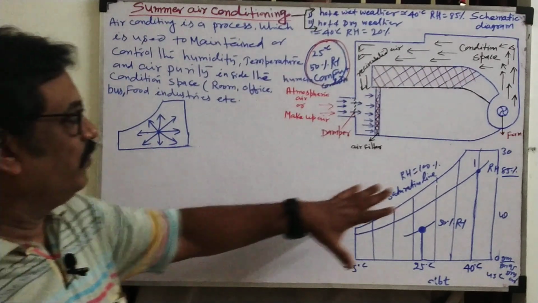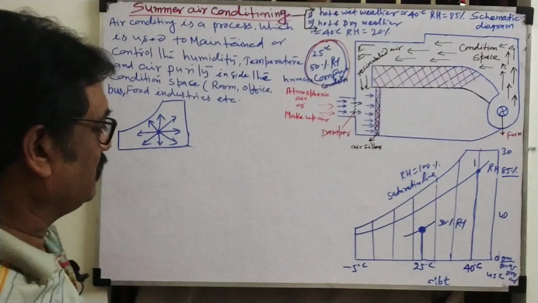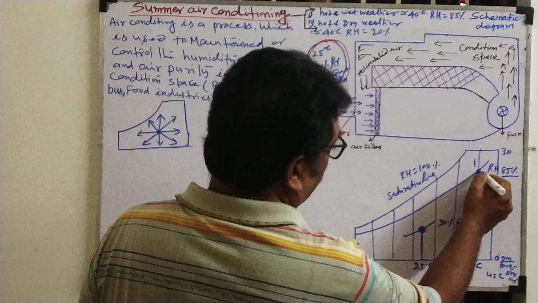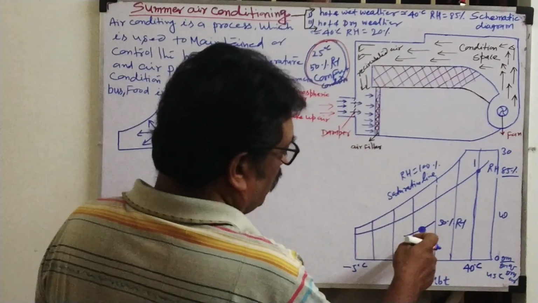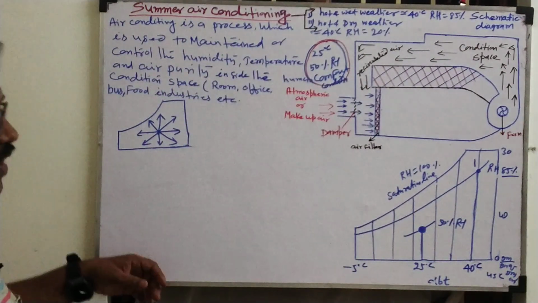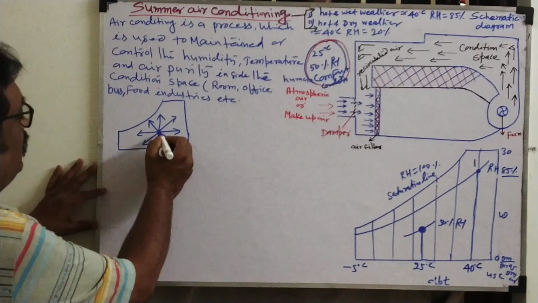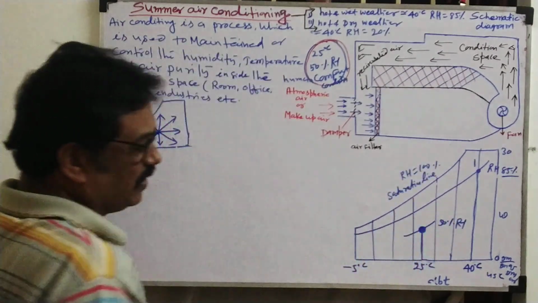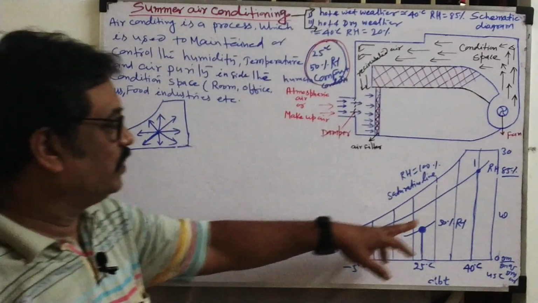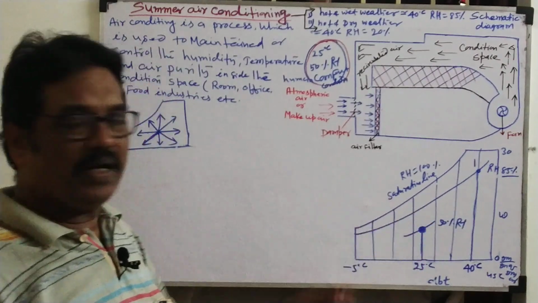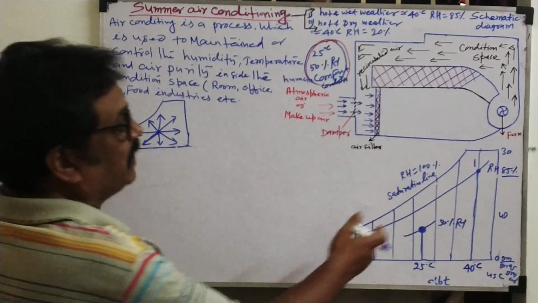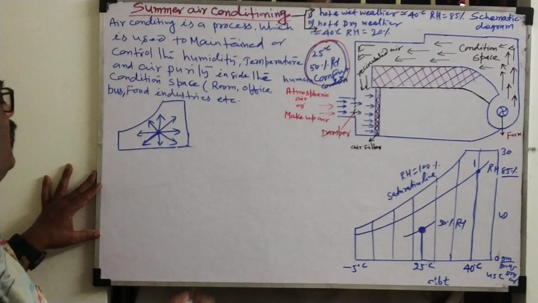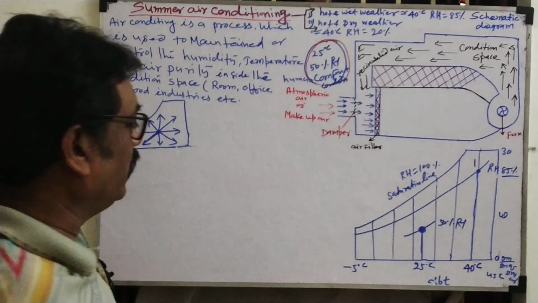Based on these processes only we will design the air conditioning system, the summer air conditioning system, for hot and wet weather. So now see, the first condition is here. How will we reach this point? By using the psychrometric processes. If we use the cooling and dehumidification process, we can reach it. But using a single psychrometric process, the effect will be negligible. So that's why they did not design it that way. The existing design is already there, so what processes they adopted, that only we are going to study.